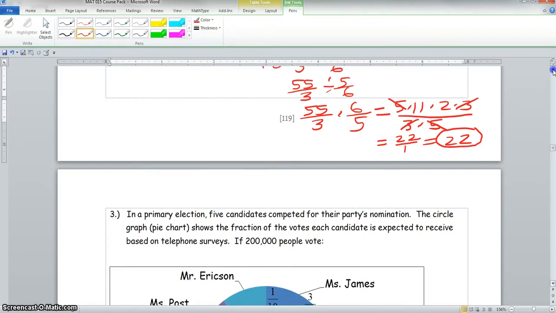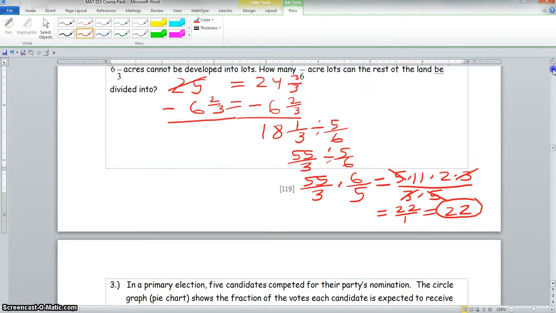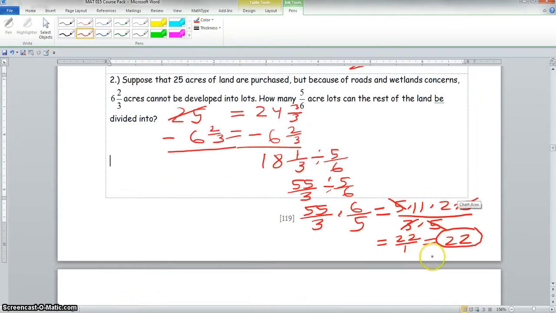Also, let me go back here. I was going to go down to the third problem, but let's clarify something here. Okay, your answer is 22, but remember, we need to write this answer out. So I write it right here. They ask you how many 5/6 acre lots can the rest of the land be divided into,